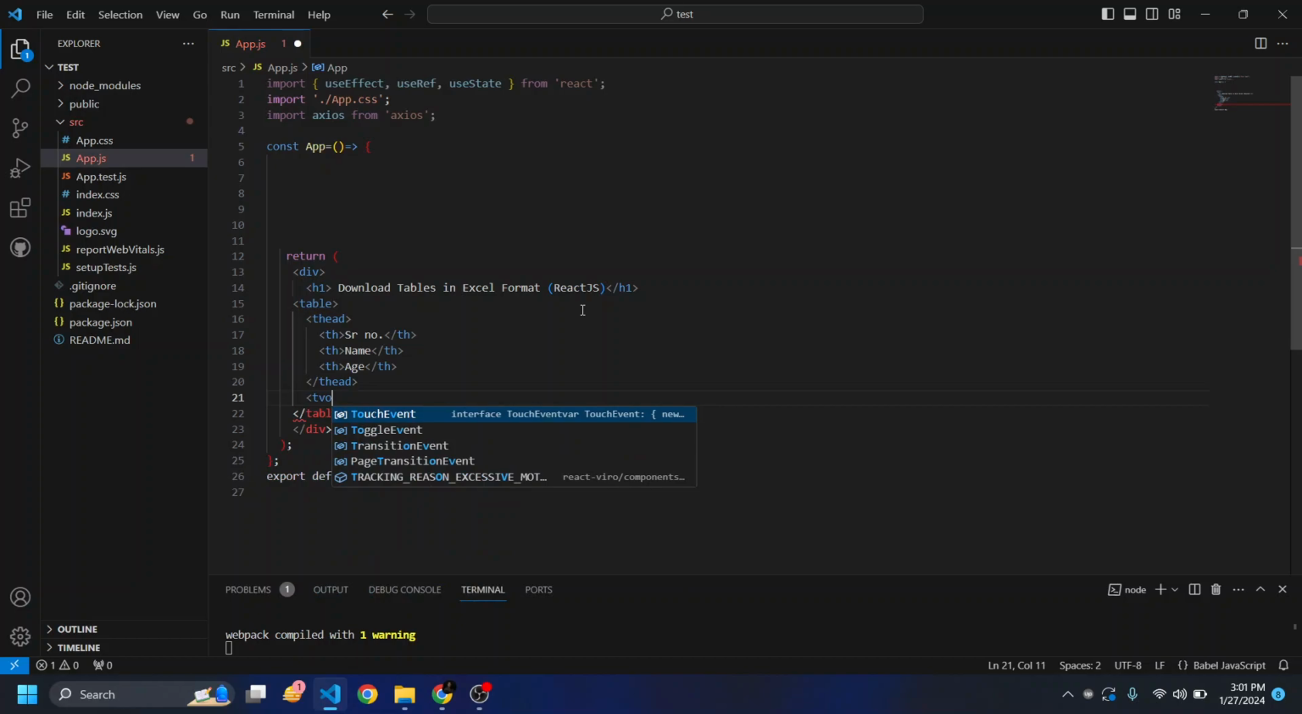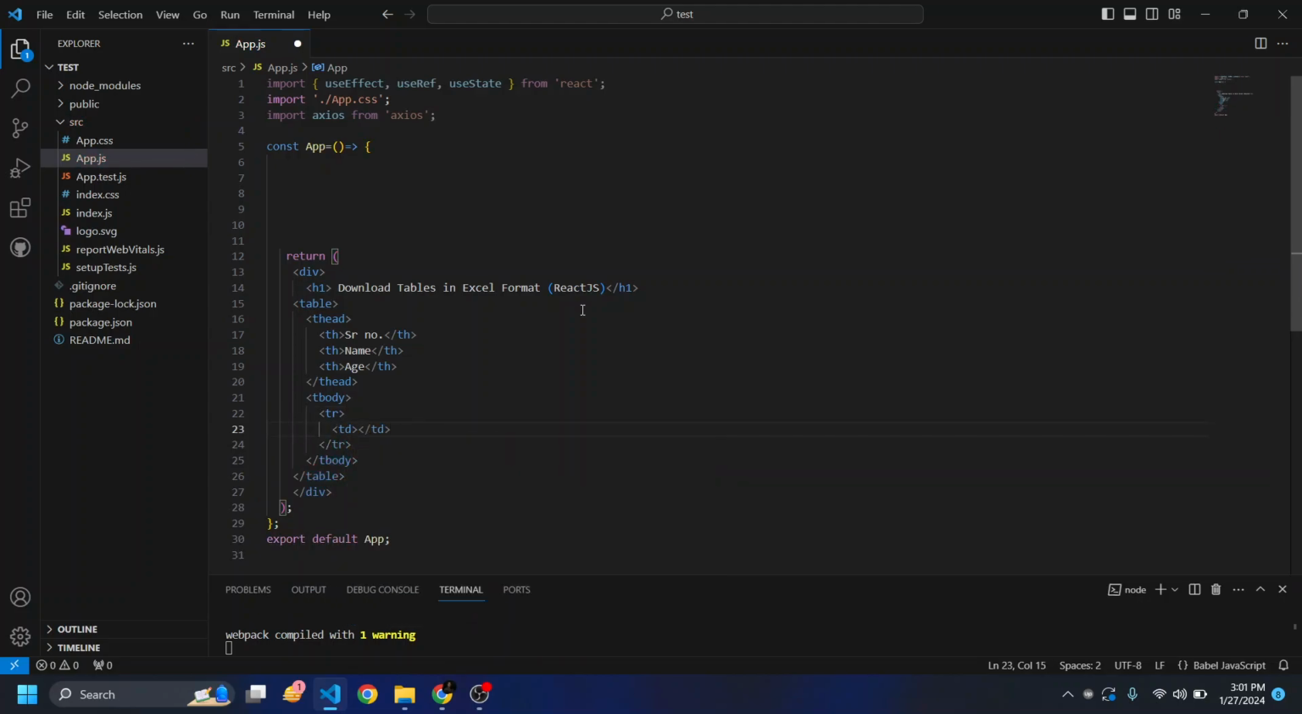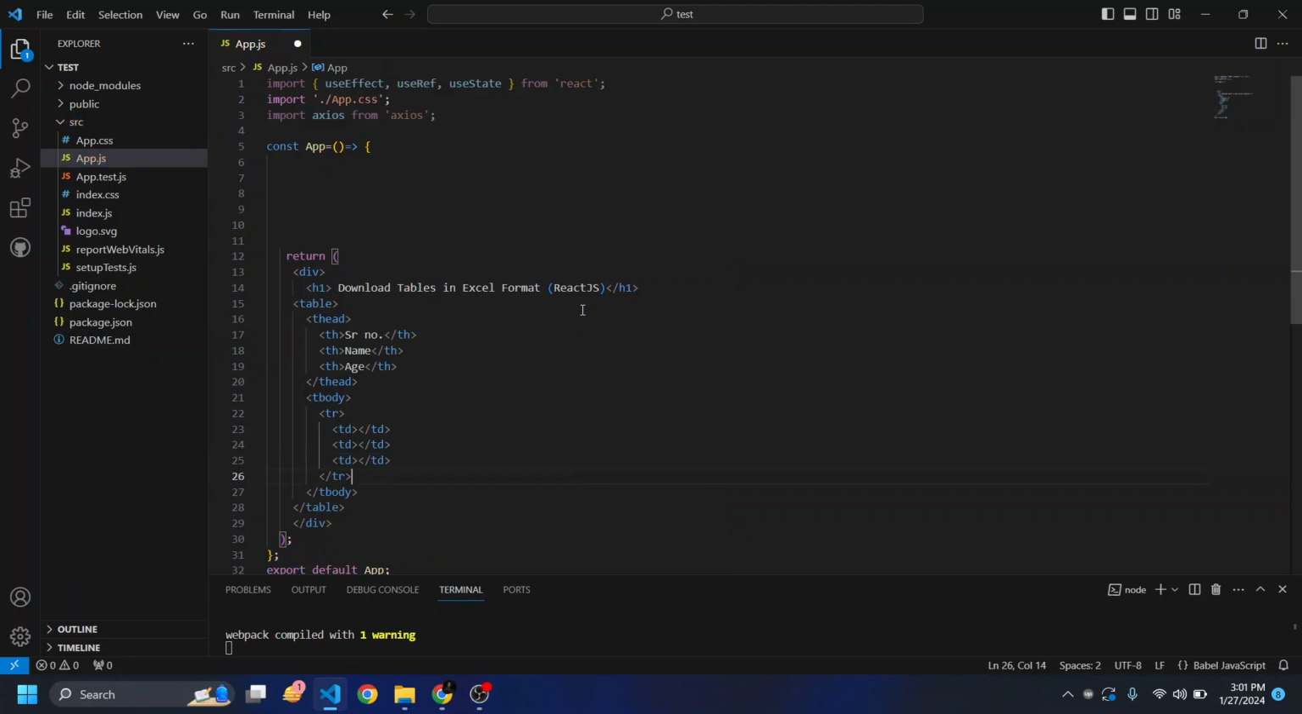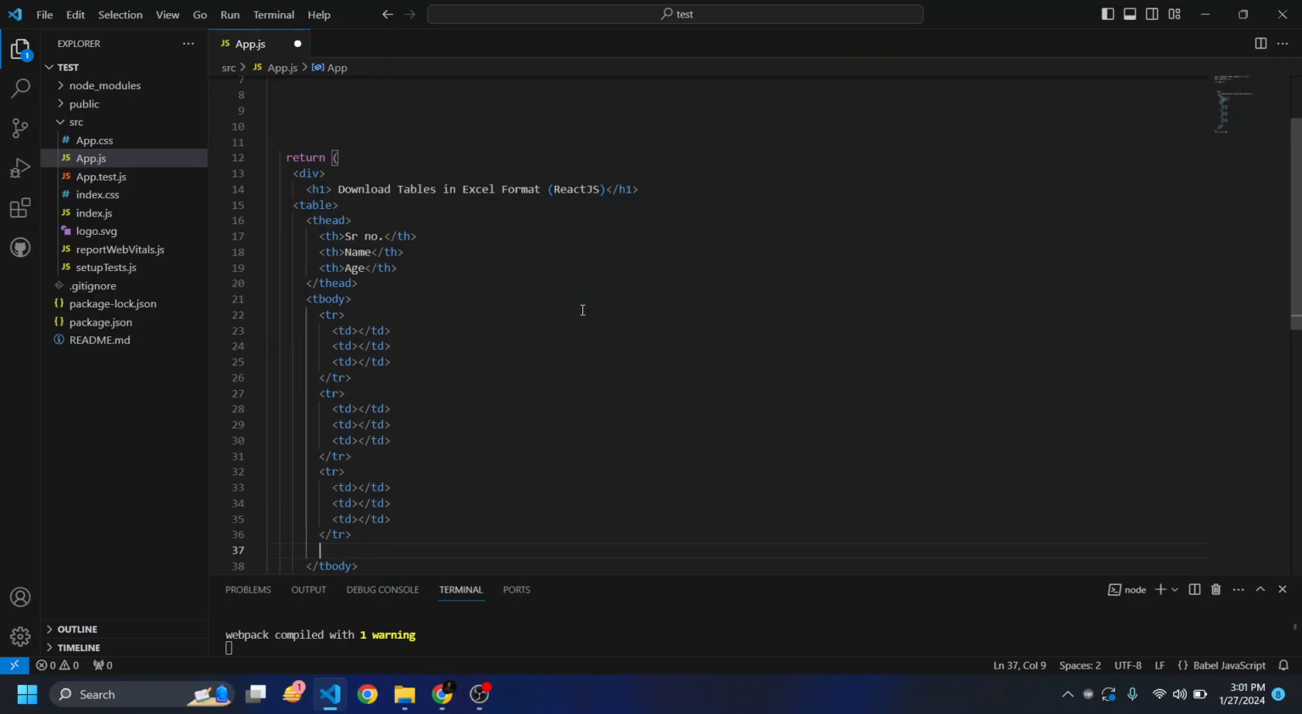In the tbody, what we are going to do is td, td. Okay, so one, Jack, 10. In the second row would be serial number 2,